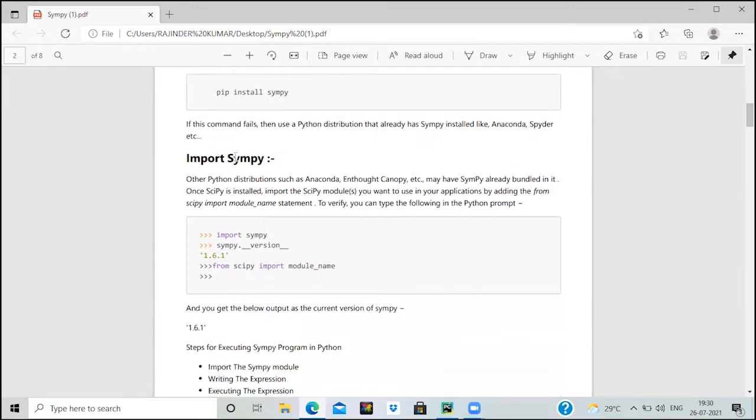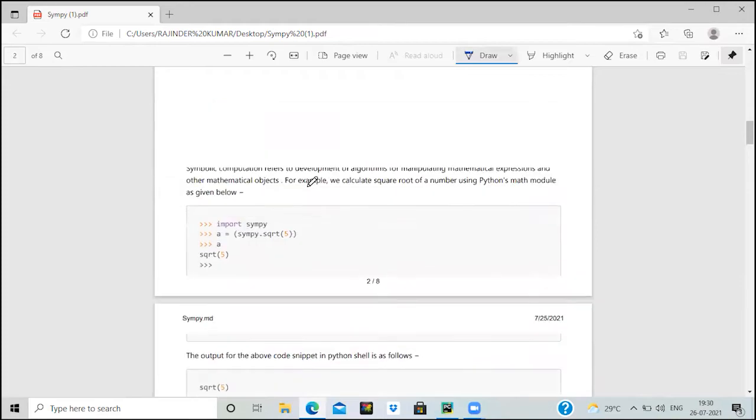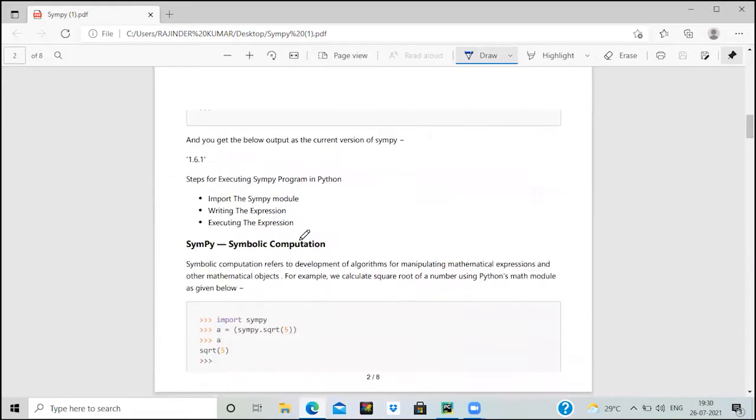If you want to check the version of SymPy that you are using, you can just type this statement.